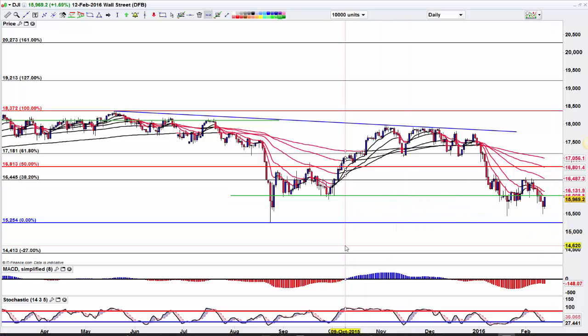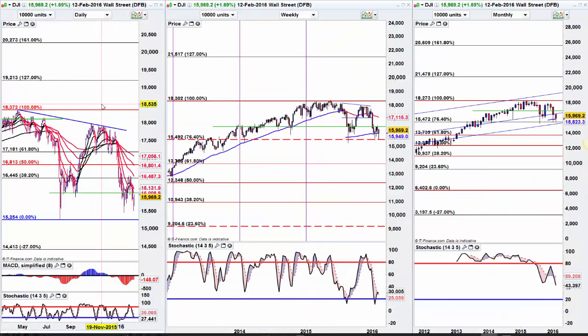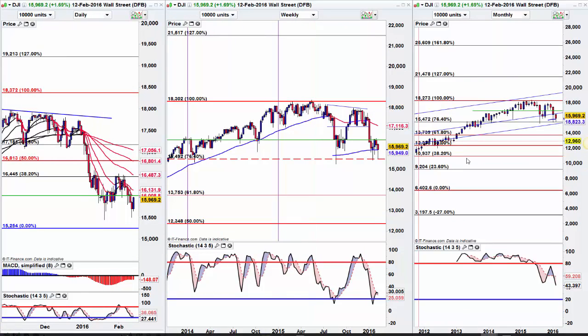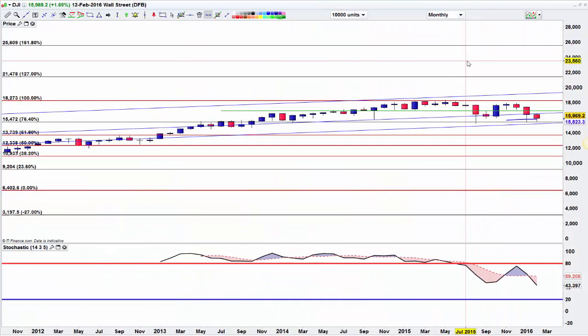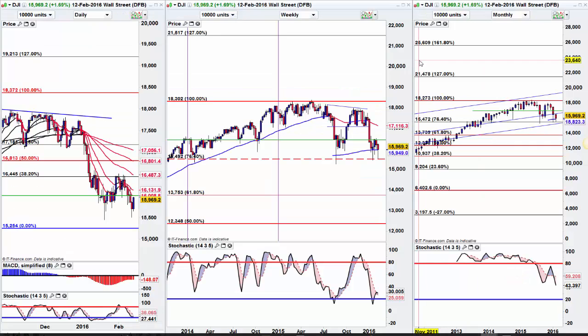Okay, so I still think these charts are very bearish. There's a lot of bearish sentiment out there anyway. If you aren't bearish, you should be, because this is quite some monthly chart here. And we've not come and tested the bottom of this monthly channel yet, which would put it at about 15,000, 15.2. So we're sitting on the moving average here on the monthly as it is, and then we got